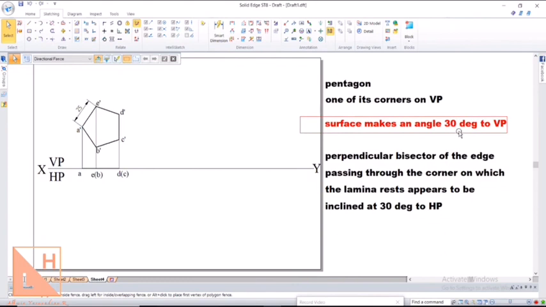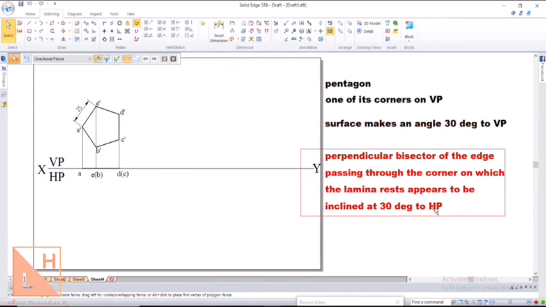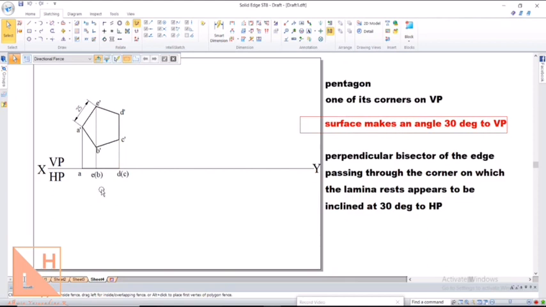So now we need to incline the surface at an angle of 30 degrees to VP. That is one condition, and we have 30 degrees to HP as well. We'll take the condition with VP first since we have drawn the plane figure on the vertical plane. So angle VP, we will draw it on the horizontal plane. Right now the plane is looking like a line which is at 0 degrees. Incline this line in the horizontal plane at 30 degrees.